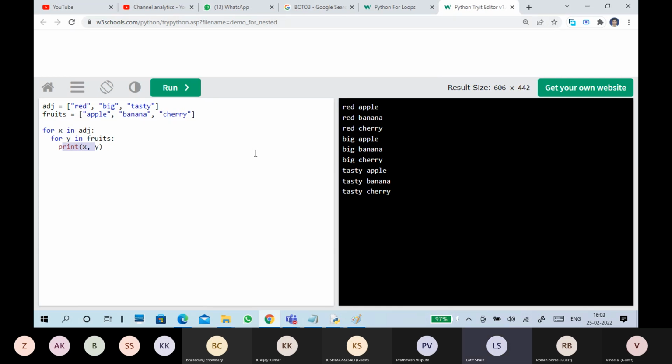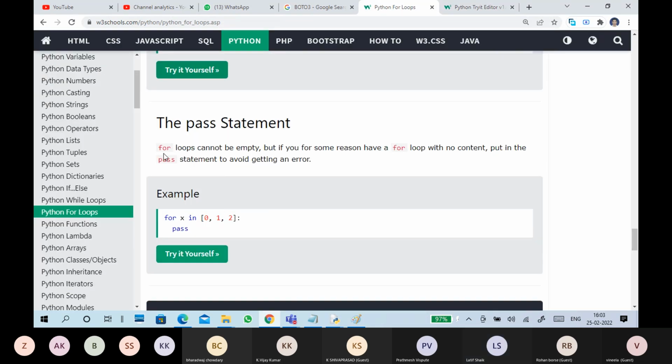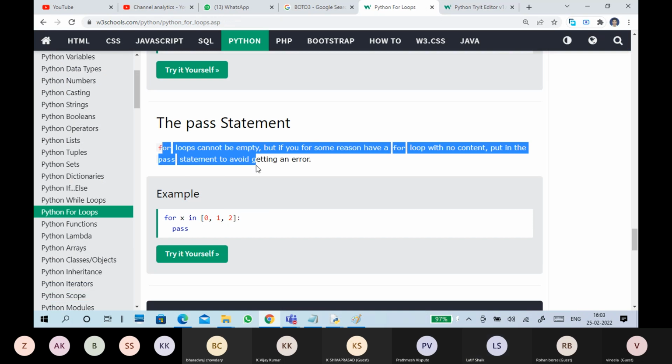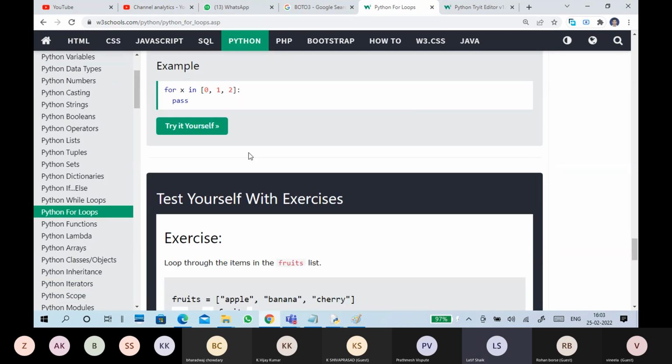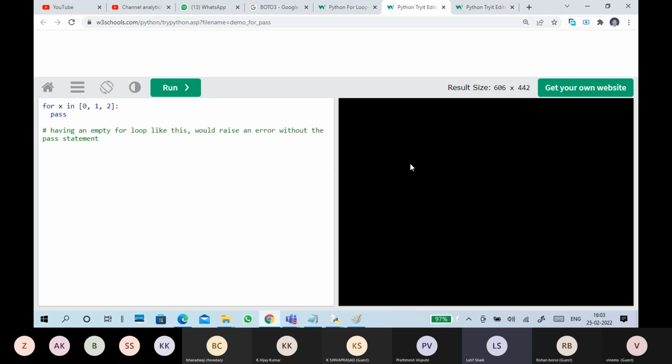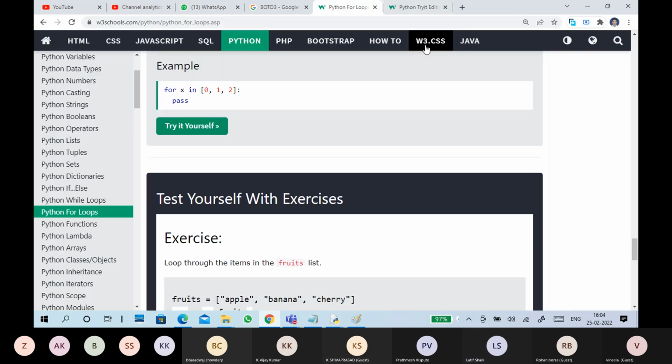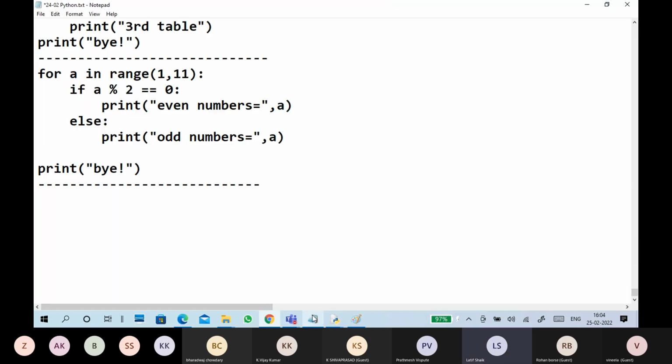So this is also a nested for loop. Next, the pass statement. The pass statement is, for example, when you don't have any idea what to do next, or you want to pass the things, then also you can use the pass statement.